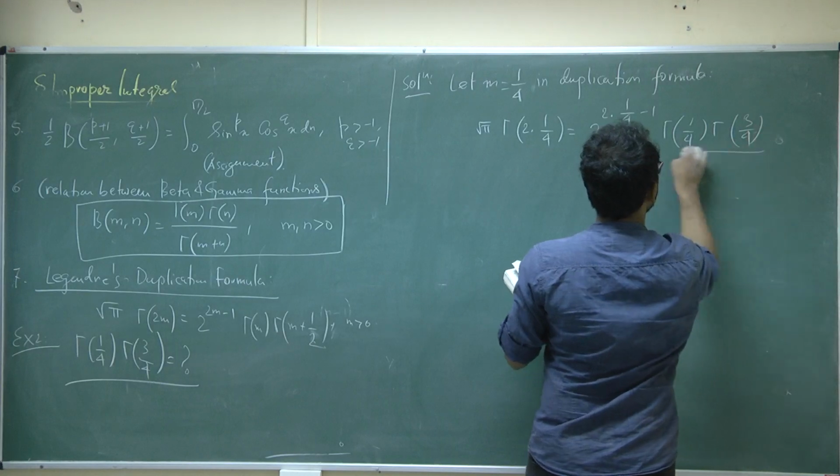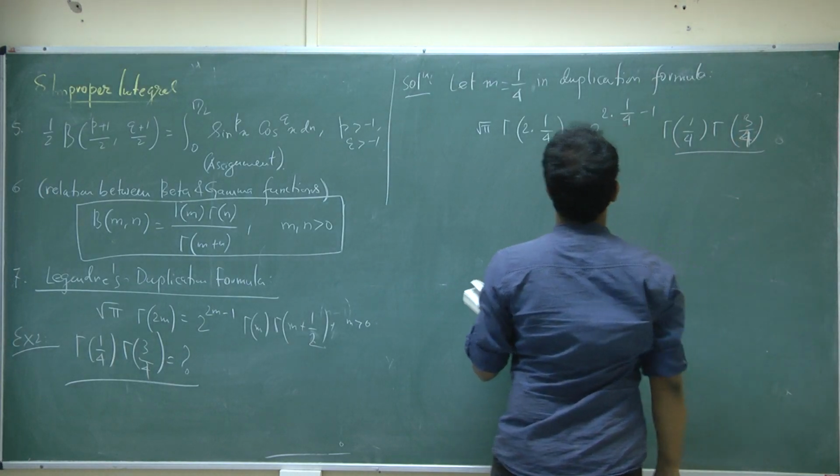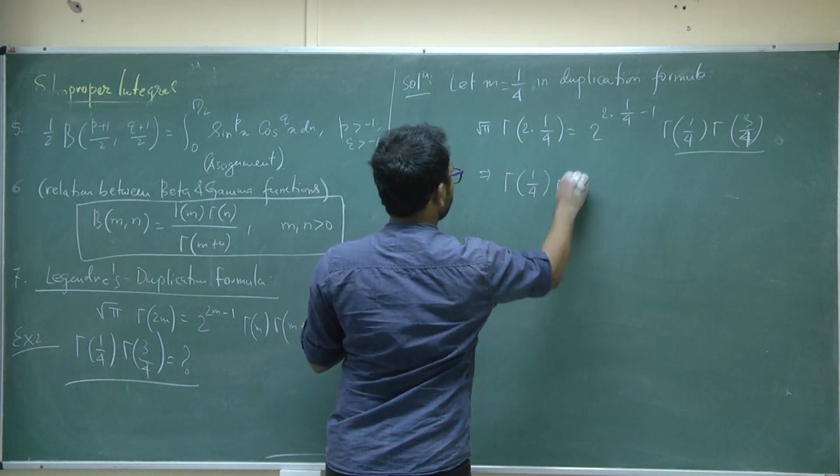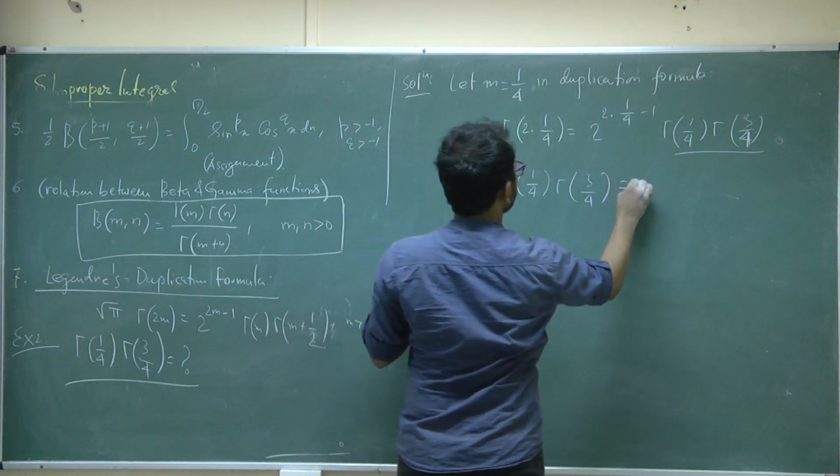So I have already got the terms for which I need to calculate the value, and therefore this will become gamma 1 by 4 gamma 3 by 4 equals square root of pi